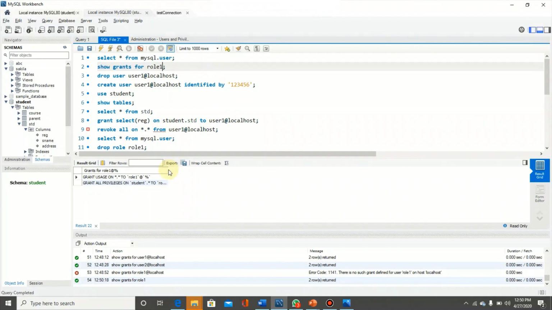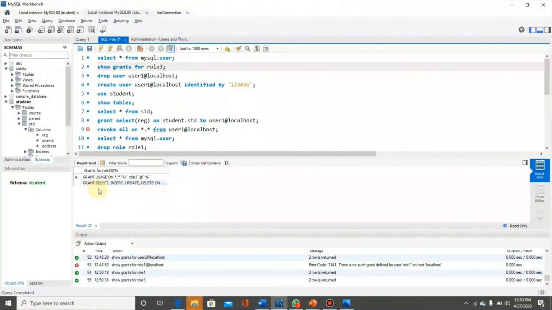So here we get the list of grants. For role 1 we have grant all privileges for role 1. In the same way we can check the grants for role 3. We have select, insert, update and delete for role 3 on student database.